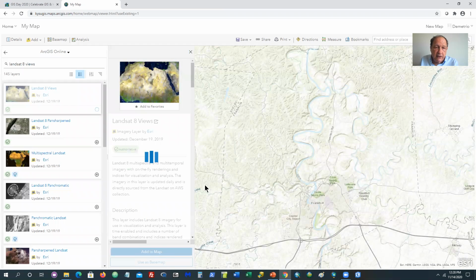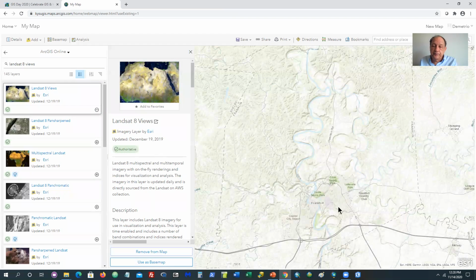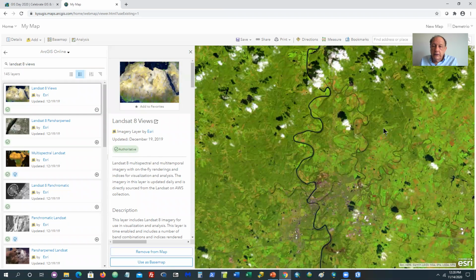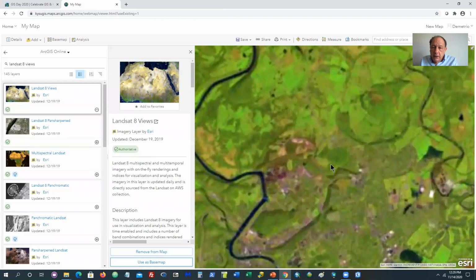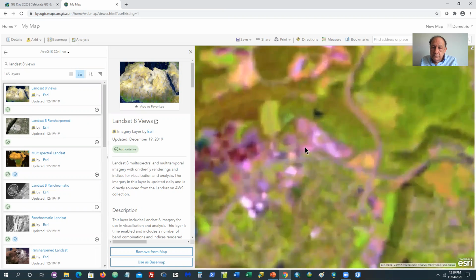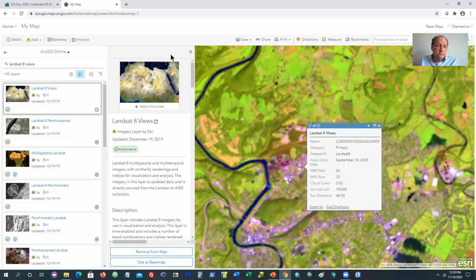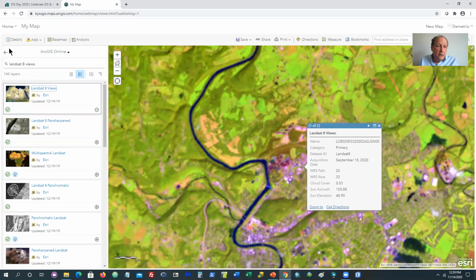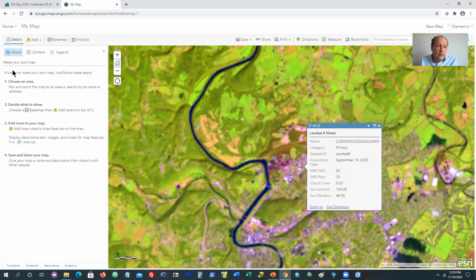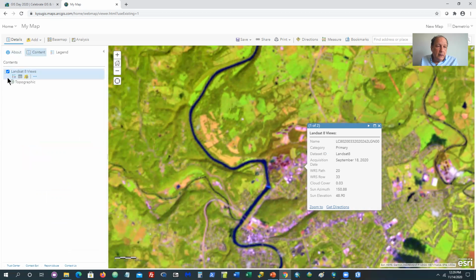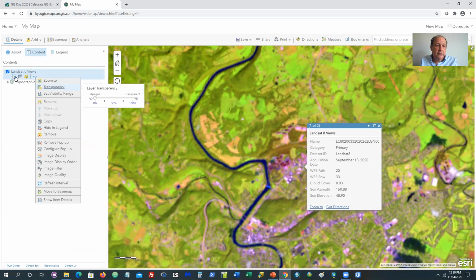So I'm going to just add it to the map, and then I have my Landsat 8 image here. I have my Landsat 8 views. I can go in here and say